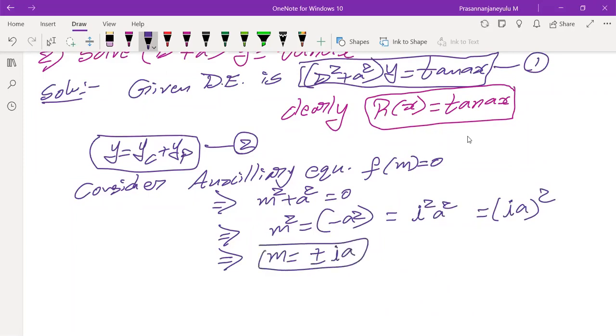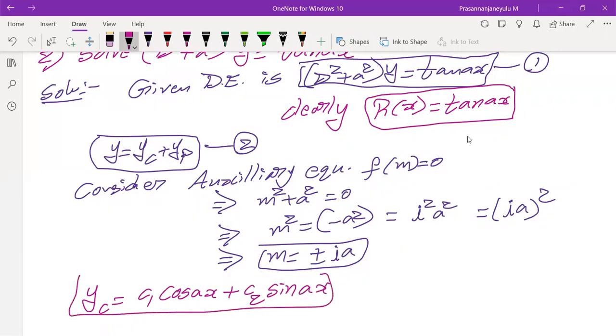So what roots did we get? Complex roots. Then what is the complementary solution we get? Complementary solution yc is equal to e power ax, where the a value is 0, that is the real part. So I am writing the direct step: e power 0x is 1. That is c1 into cos bx; in place of b we have a here. So c1 cos ax plus c2 sin ax. Because we are almost going to finish the unit in the next 2 or 3 classes, I am writing the direct step. Taking it as equation number 3.